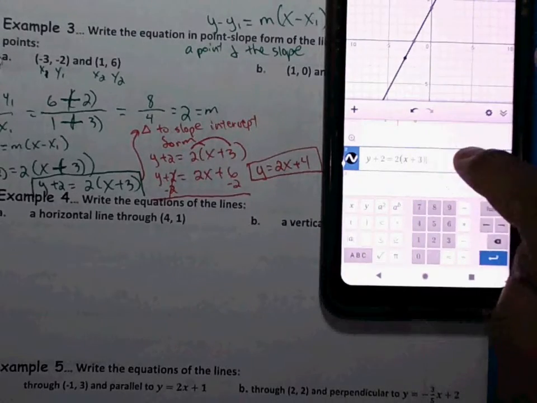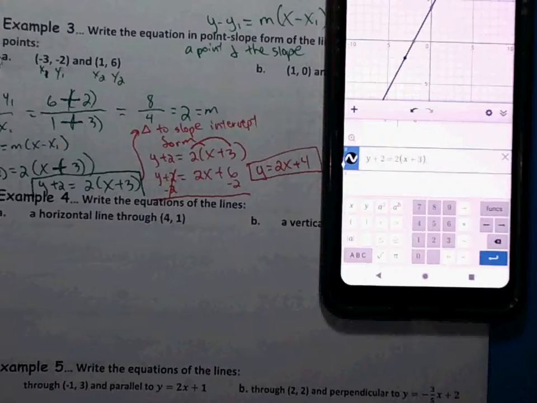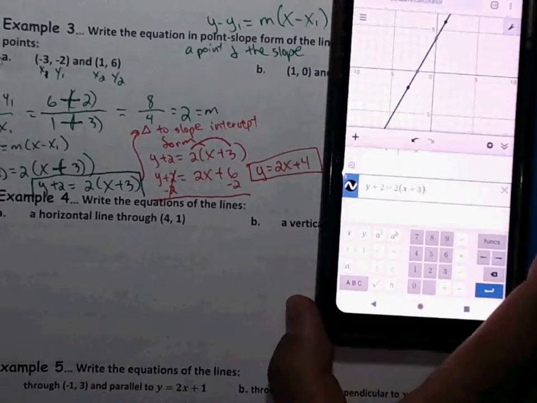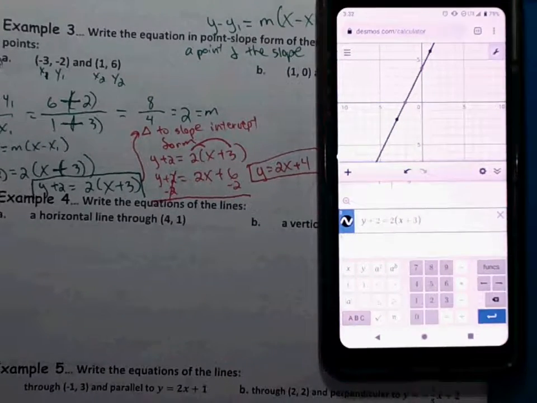And then close my parentheses. And as you look, it goes through both of those points that we originally had listed. So we know that we created the right equation for the right line. And then if you want to check and see whether or not you did the right math, when we converted